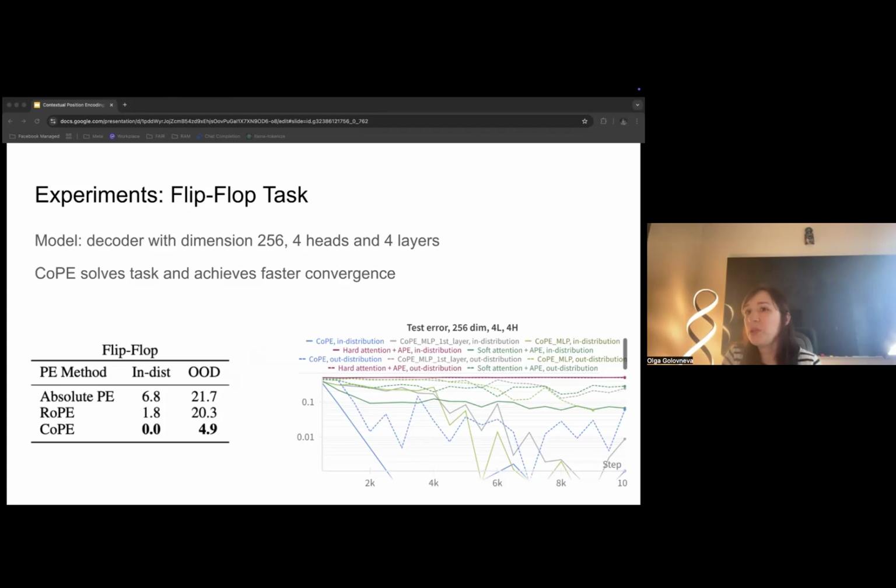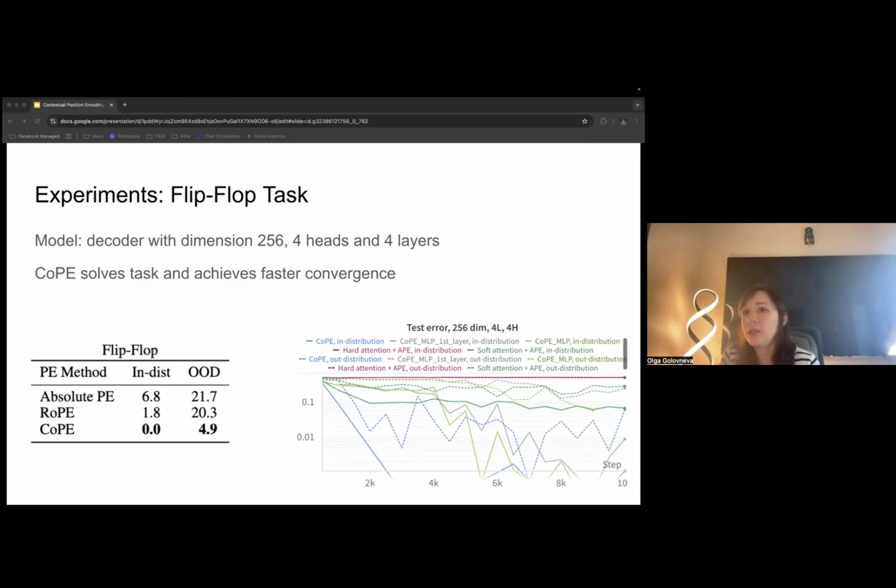We use a simple decoder setup, just repeating the setup from the paper: a decoder with dimension 256, four heads, four layers. The task is defined for two test sets, in distribution and out of distribution, where the latter increases the distance to the last W, to the last write, by increasing the number of ignore instructions, so that we change the probabilities of reading ignore symbols.